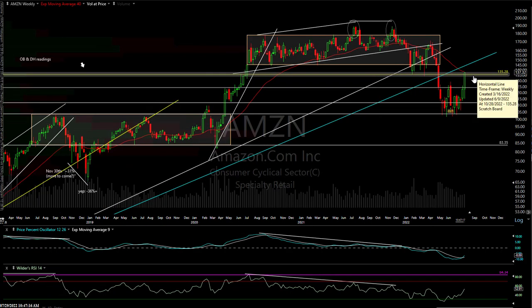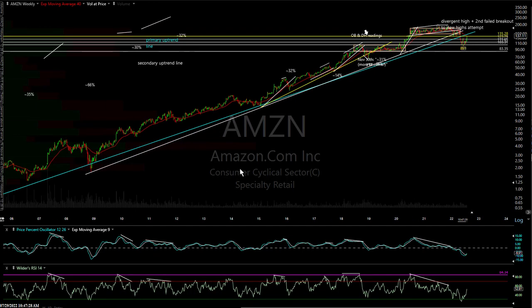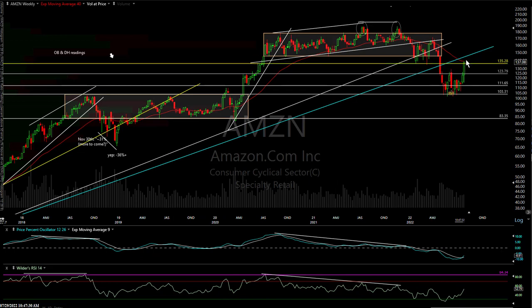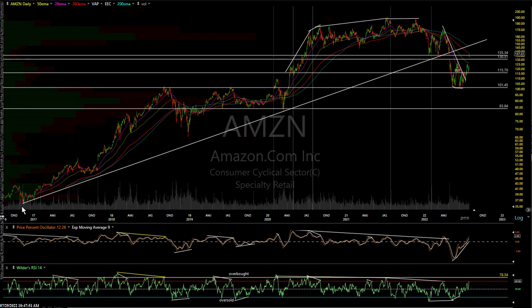And then if we happen to carry on through there, see this blue line here? This is the primary secular bull market uptrend line. This is from when Amazon first started trading back here in '97. And that blue trend line is not that far ahead. So again, the risk reward right now, I think I made it pretty clear last night. That's why that was the final official target. I pointed out in that trade there's some potential additional upside here. That trend line, that's the same trend line, by the way. It just shows well here on the daily chart, comes off these lows from 2016, but that carries all the way back to the stock's IPO back in '97.